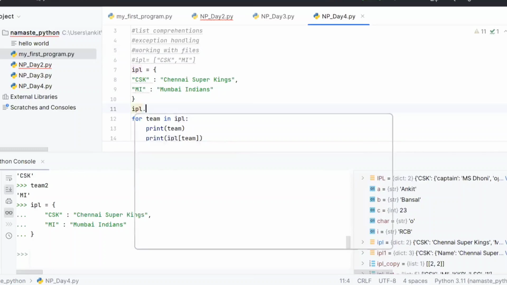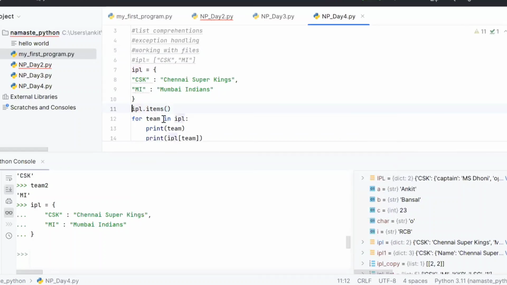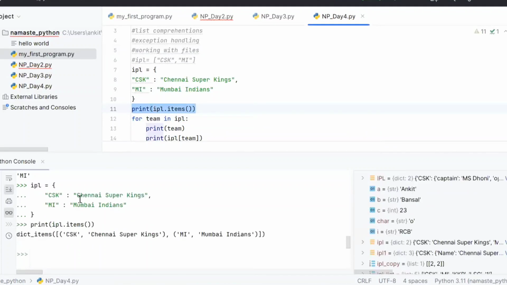If I say IPL dot items and print this, you see we have the dictionary key value pairs in tuples. This is the first element. So this is dict items. The first element is a tuple which has a key and the value: CSK Chennai Super Kings, MI Mumbai Indians.